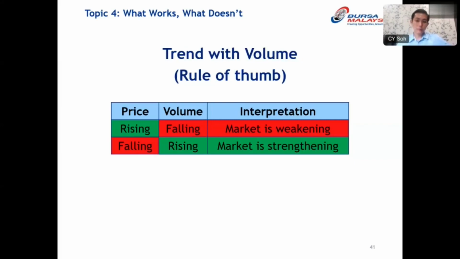It's a general rule. When the FKLI is rising and the trading volume is falling, it indicates that the bulls are leaving the market already. When price is rising and volume is falling, it means that the market is weakening. The uptrend is ending soon. On the contrary, when the FBMKLCI is falling and the trading volume is rising, you might be